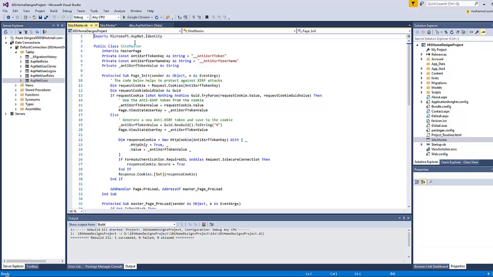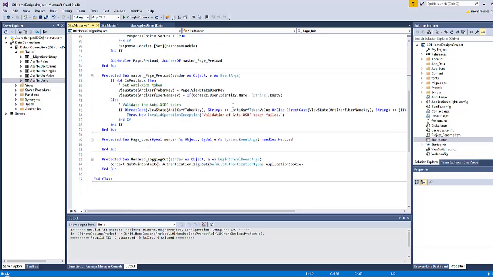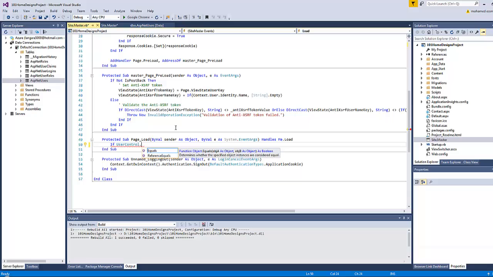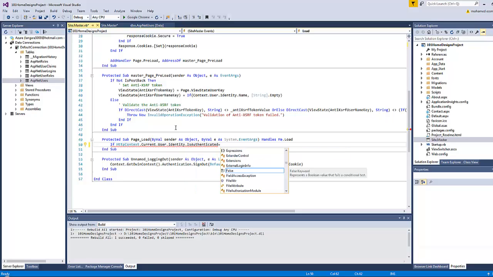Now let's press F7. In addition to the Microsoft.AspNet.Identity, it's very important to import the OWIN namespace since we are going to deal with the user. So in the page load, we have to test if User.Identity, and as we can see, we cannot refer to the user's identity directly inside the master page. So we have to type HttpContext.Current first, then type User.Identity.IsAuthenticated = True,